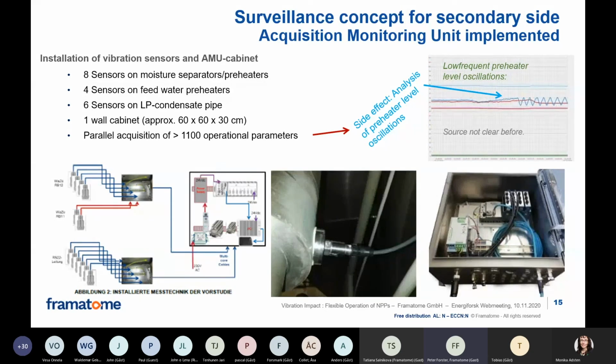With this parallel acquisition of more than 1,000 operational parameters, we could help the operator get closer to this item. What was the reason for these oscillations? Because this led to an outflow of this high pressure condensate into the condenser, which was not wanted. So, coming back to vibration, on the next slide,